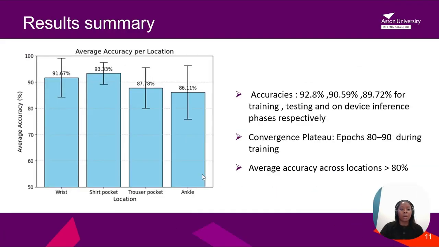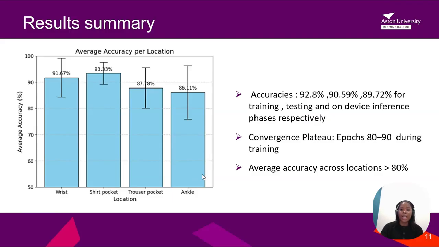From this, we're able to see that the average accuracy across all 4 locations, from the wrist, shirt pocket, trouser pocket, and the ankle, was above 80% for all locations, although the ankle position did have a lot of variance compared to the shirt pocket. And this may be largely attributed to the range of motion and the variations in movement when you're walking with something on your chest compared to the ankle, and especially with the variations in the activities that were recorded as well. But overall, training was done with about 92.8% accuracy and